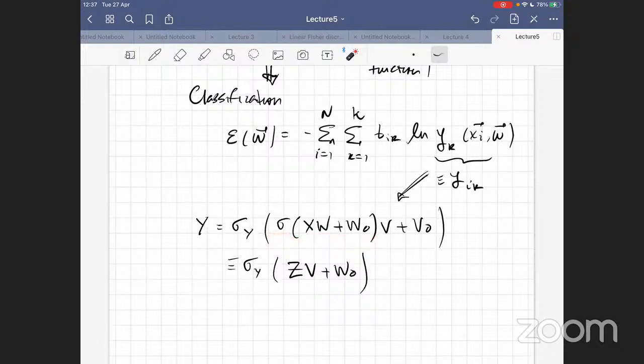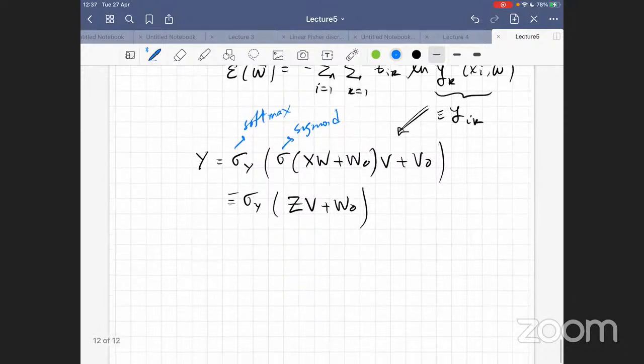Okay. So then let me consider that this is a sigmoid and that this is softmax, for example. And remember what was a sigmoid? So the sigmoid